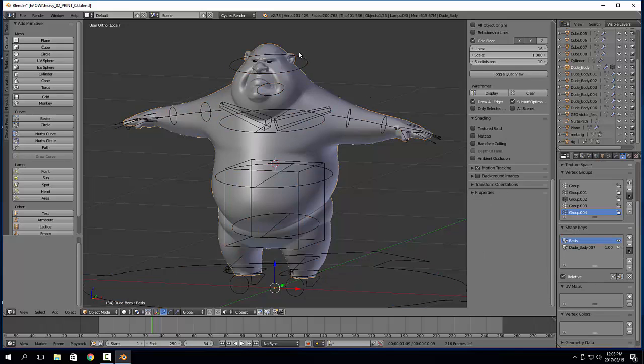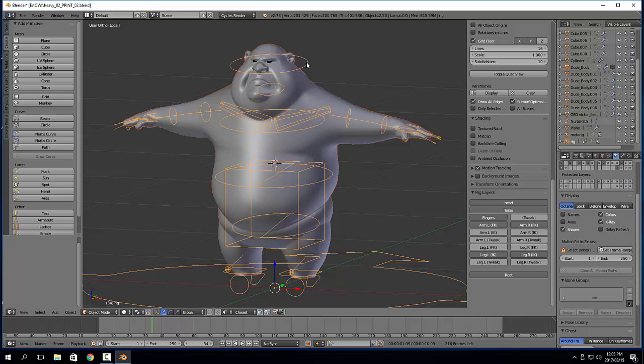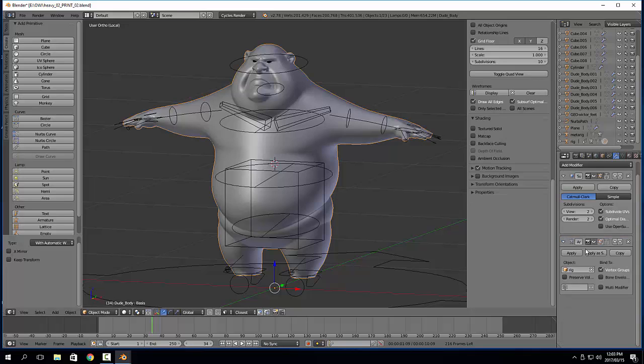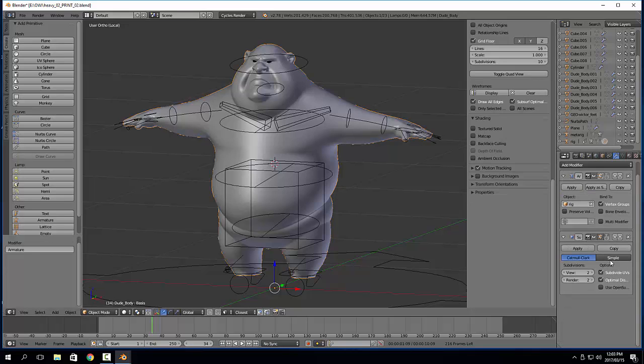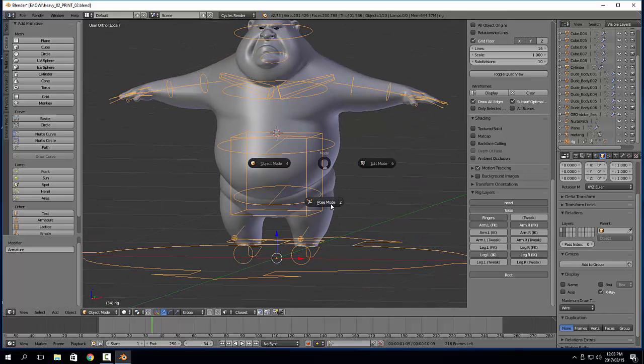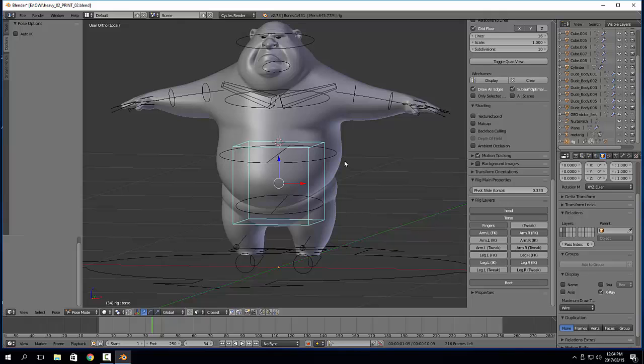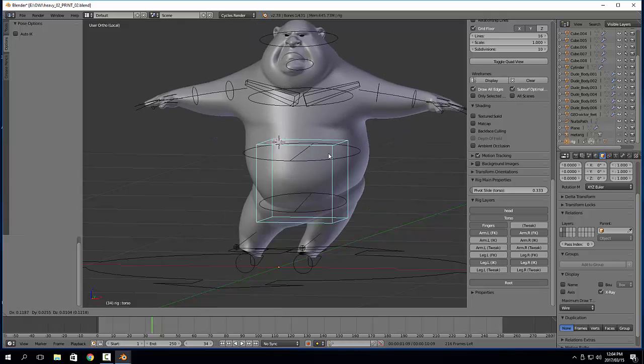Okay, and if you select the body and you shift select the rig and say Control P and say parent to automatic weights. So Armature deform with automatic weights. And that should give you a modifier. So Armature modifier over there. So I'm going to move it up before my subdivision surface. Now in pose mode, if you do that, you should be able to